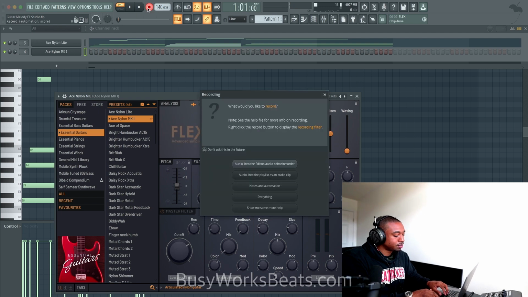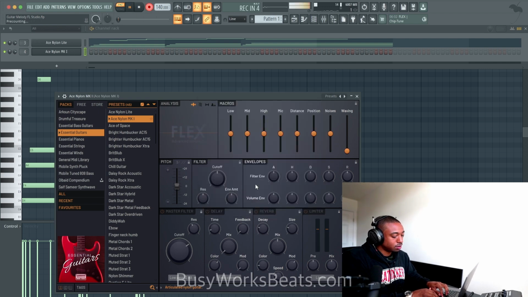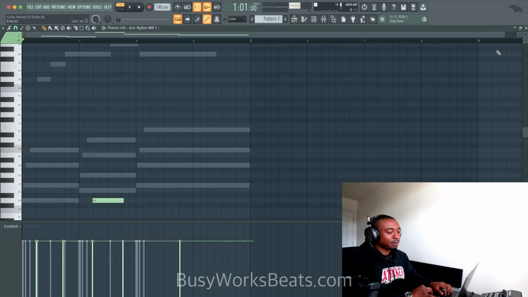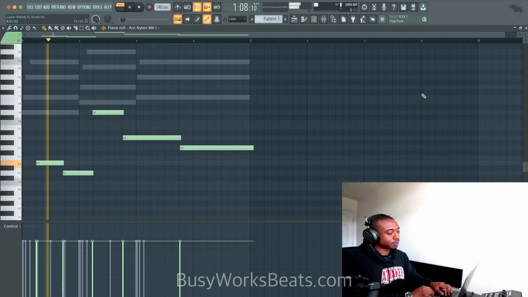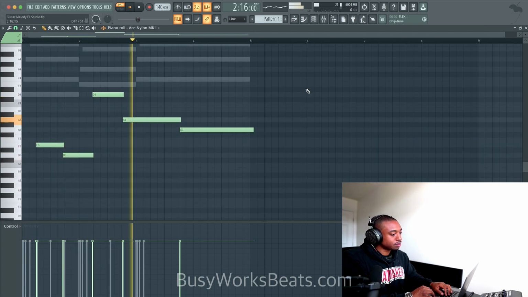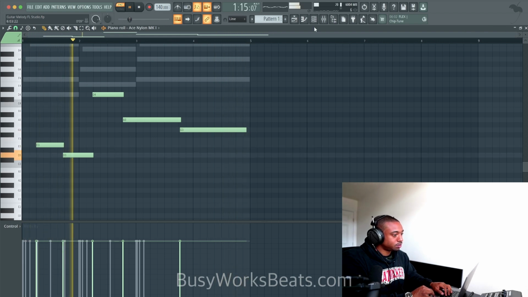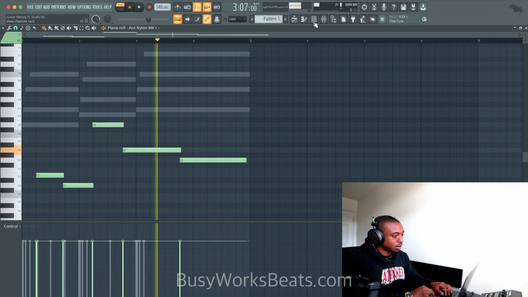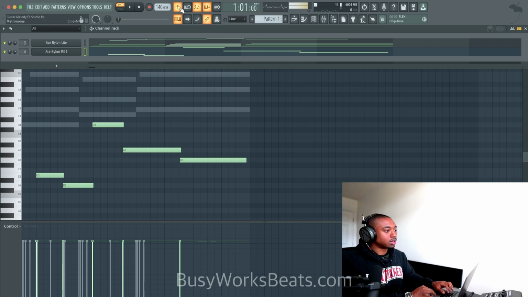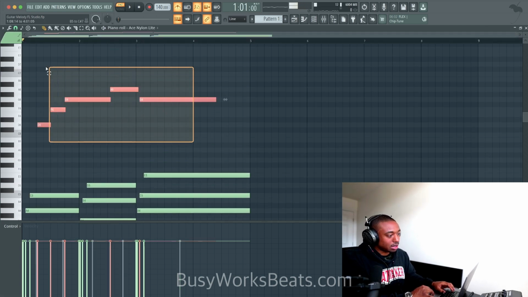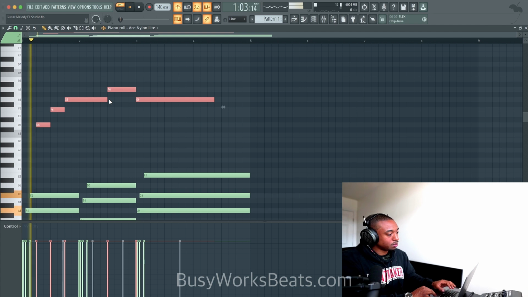Let's record this. Okay. Now we have that recorded. So again, I'm using my typing keyboard. We don't even need a MIDI controller. So one thing I will do is turn on the metronome, and let's quantize the top line because I was playing without a metronome. Let's hit Control Q.